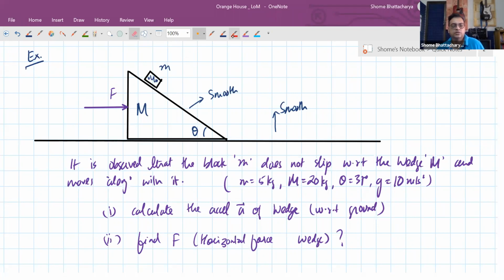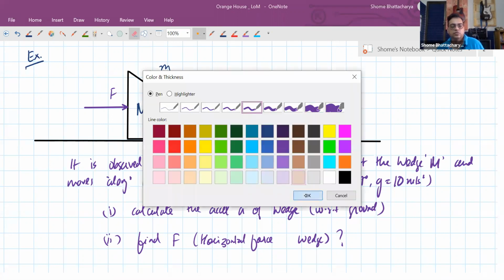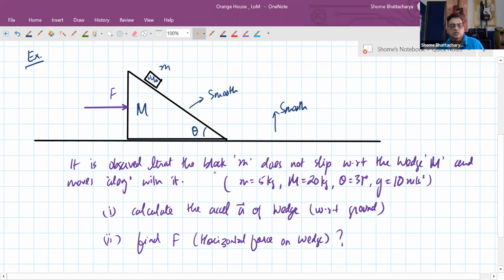Okay, so you'll understand intuitively if we apply the correct amount of force, then this block will not be sliding down the wedge. If we apply less than the correct amount of force, then the block will be sliding down the incline. So exactly how much force in newtons we have to apply so that the block small m does not slide down the inclined plane, but rather it moves along with the wedge as if it's pinned in that place on the wedge.